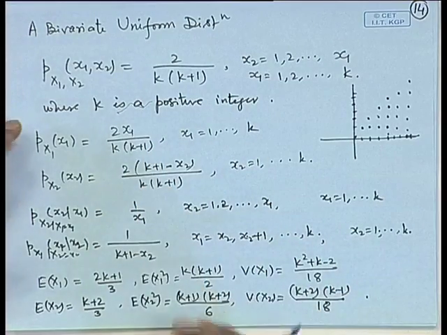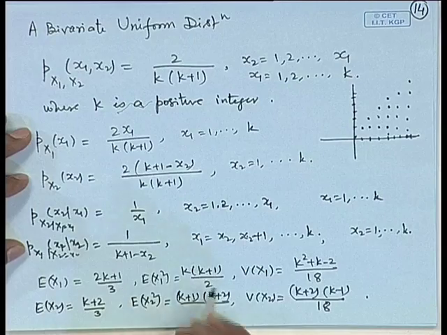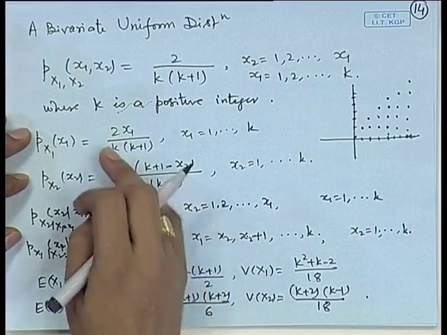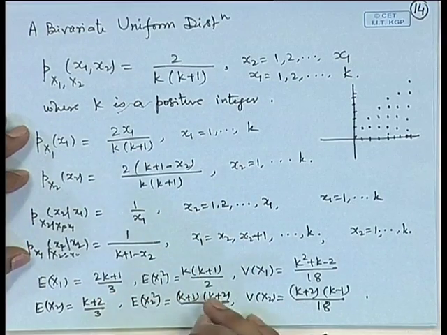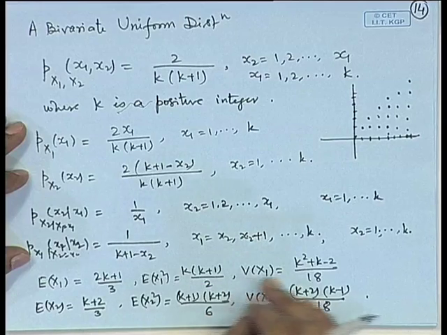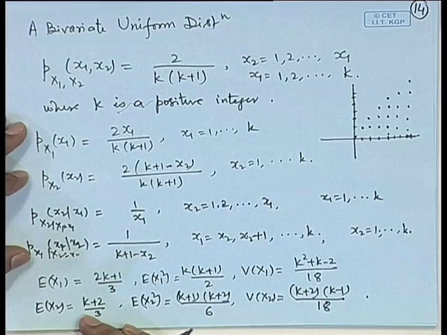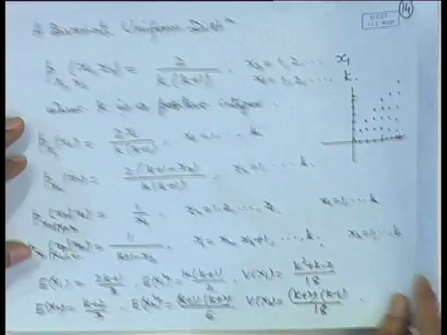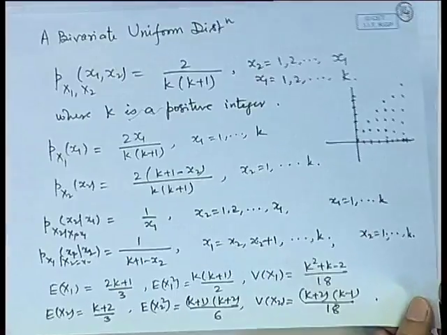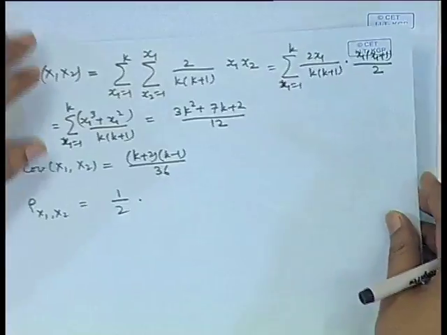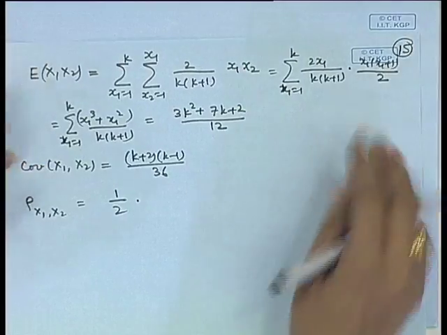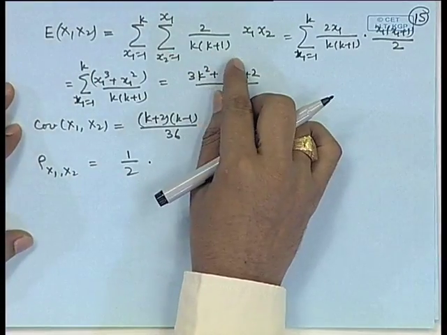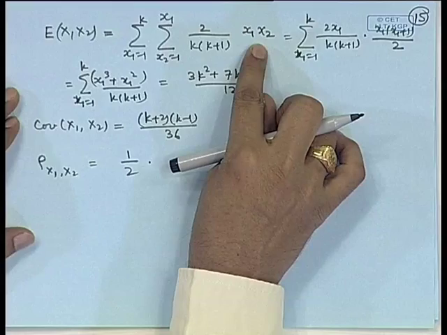We can calculate certain moments about this distribution, which can be obtained from the marginal distributions, like expectation of x 1, expectation of x 1 square, variance of x 1, and similar characteristics for the x 2 variable. We can also look at the product moment here, that is expectation of x 1 x 2, which is calculated from the joint distribution of x 1 x 2,